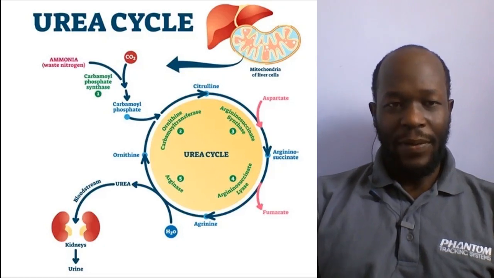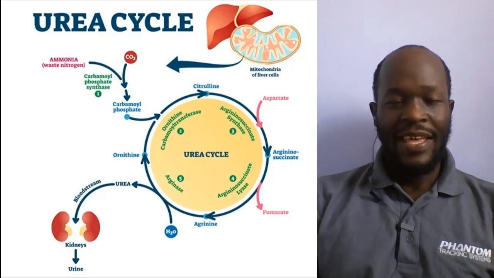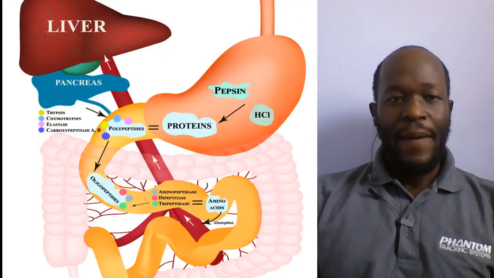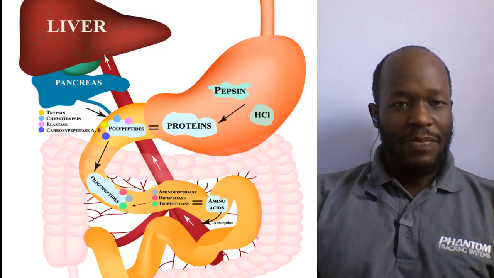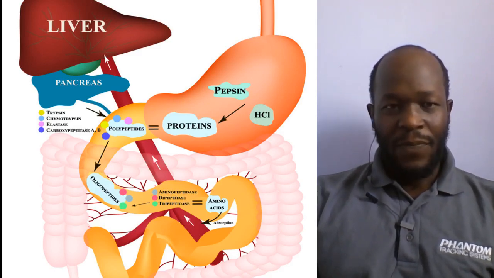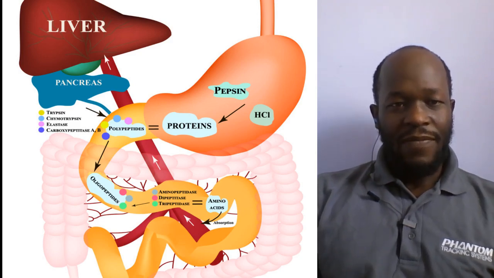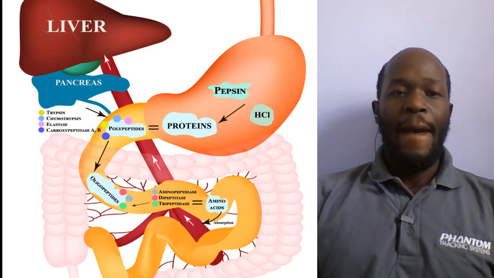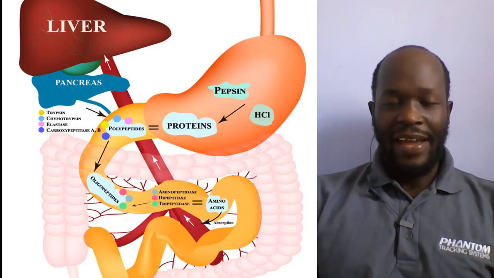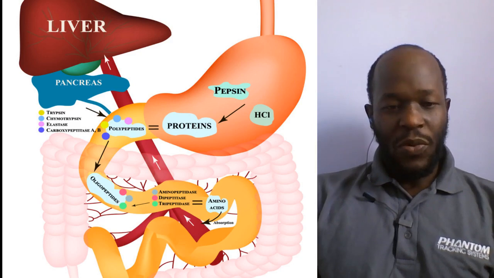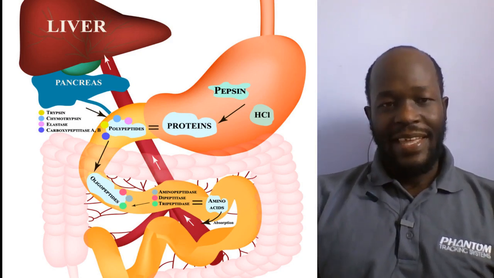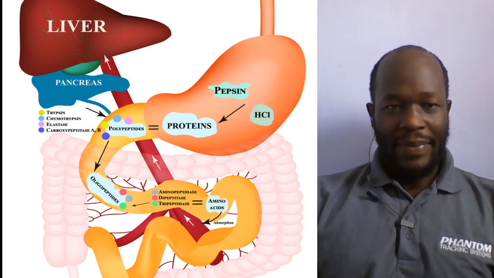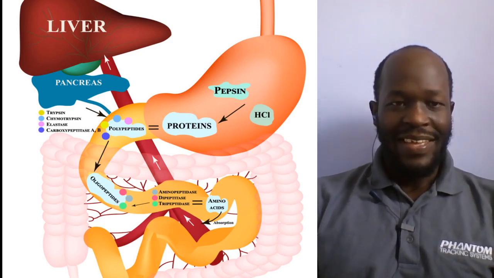Now, the next point I would like us to remind ourselves of is an enzyme called pepsin. We said it is produced by the chief cells, and it is produced in inactive form, as pepsinogen. Pepsinogen is converted into pepsin in the presence of hydrochloric acid. Pepsin is responsible for breaking down, or hydrolyzing, proteins into peptides. You get that point? Okay.